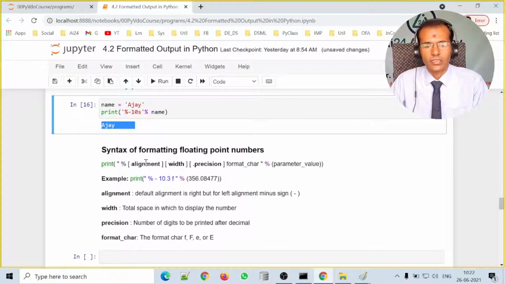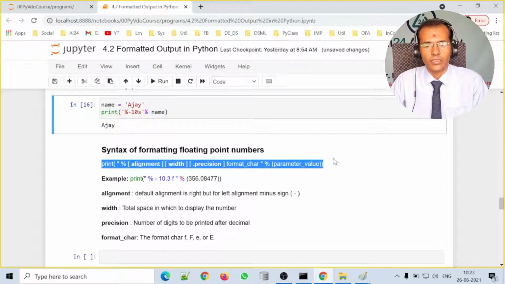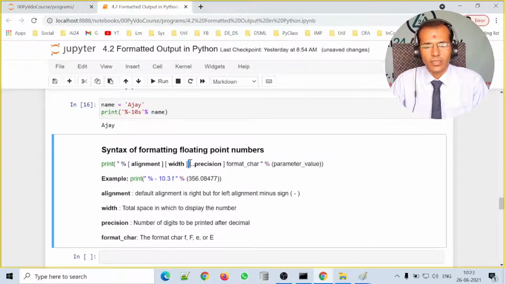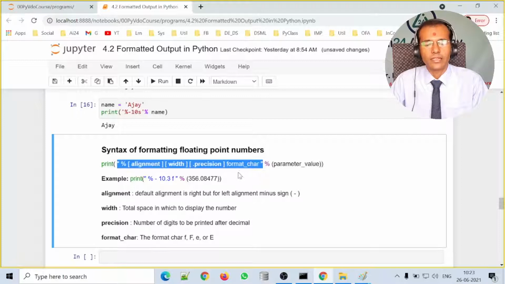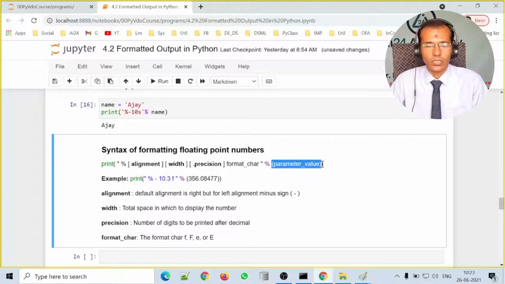Now let us look at the syntax for formatting floating point numbers. The syntax for floating point numbers is similar to that of the string. The only thing is that here the precision is added. Otherwise, see here there are two parts of this formatting syntax. One is the format string and the second is a parameter list. Both start with the percentage sign. Within this again we have an alignment, which specifies whether the floating point number should be printed left align or right align.